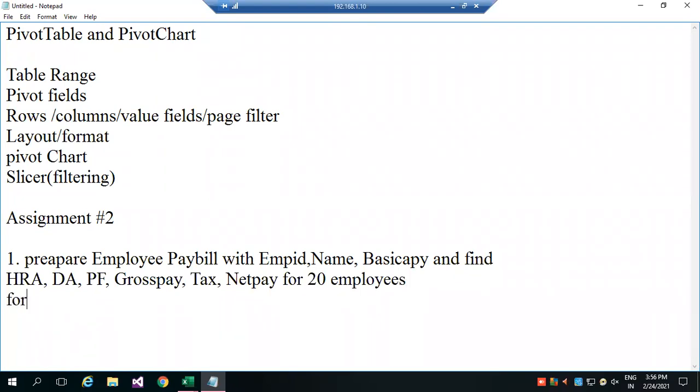And finally, format it as a table. So you have to do this and send it to my mail ID.